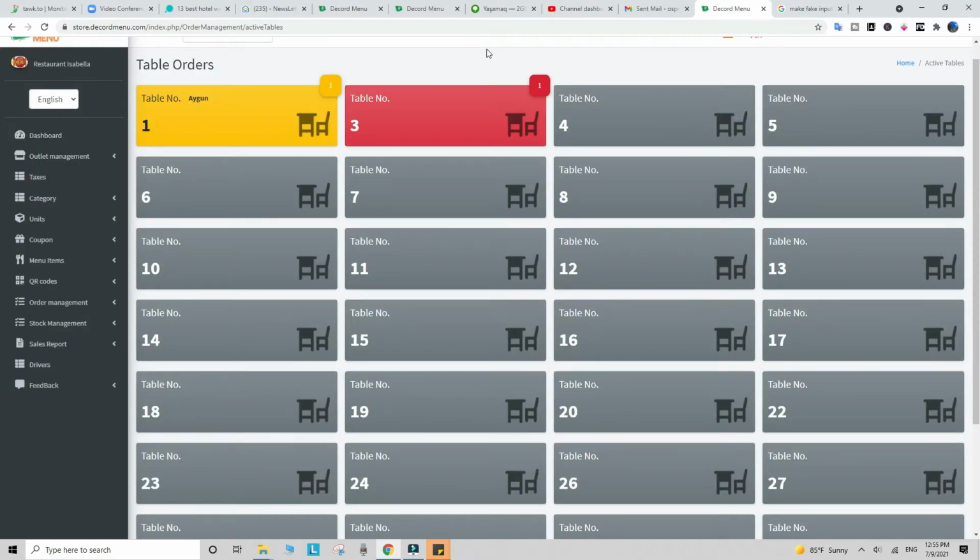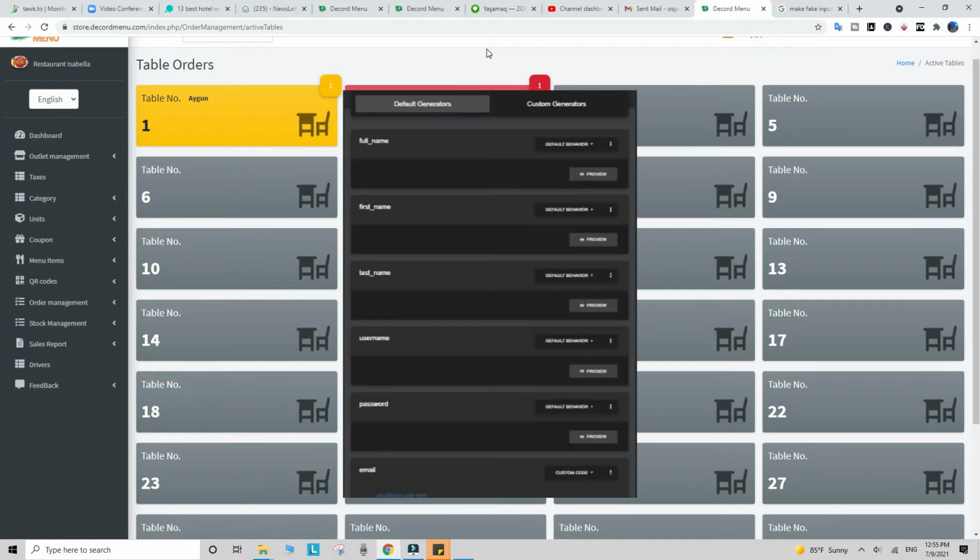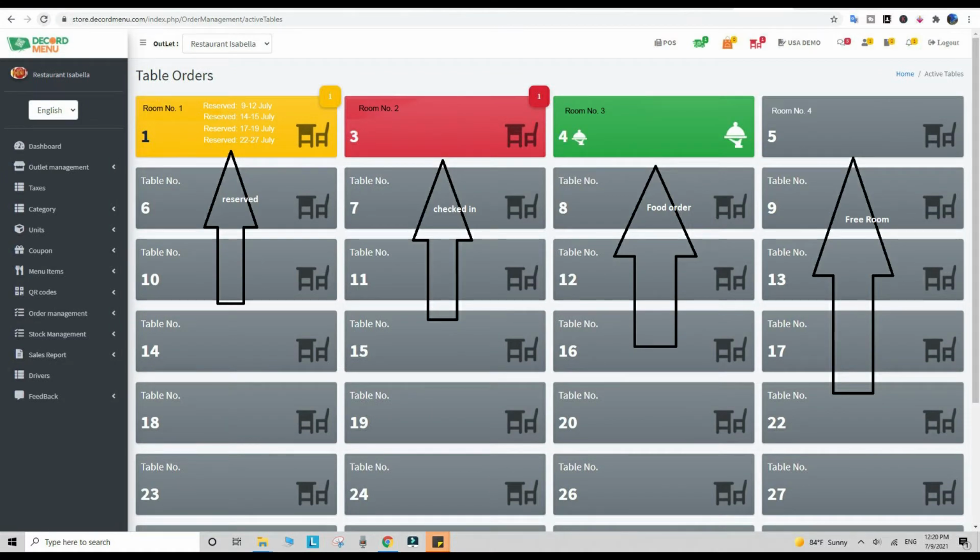Whenever you would like to reserve a room, you just have to click on a particular room number. A pop-up will be shown to enter the customer details, for example, name, email, mobile number, and further notes. Once you have entered the details, the cell color will change to yellow from gray, and the details will be shown on the same cell itself. As explained earlier, it will show the room has been booked, and the details of further upcoming bookings will be shown on the same cell.